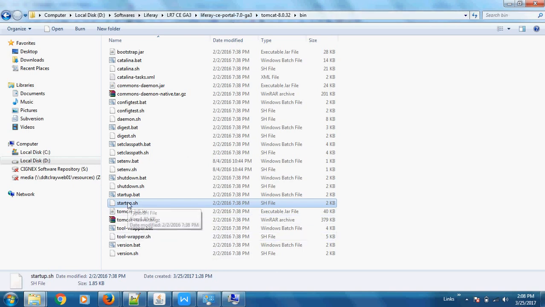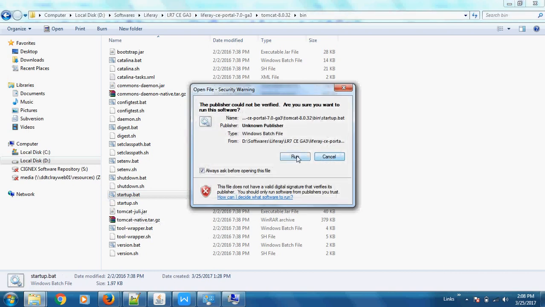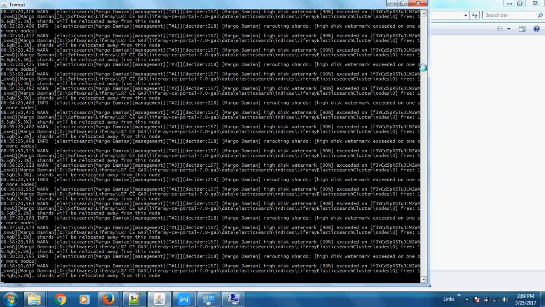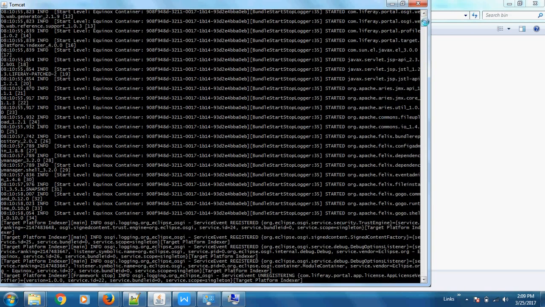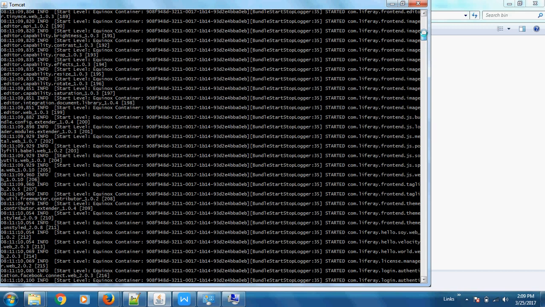When you run the startup.bat file, just click on run, and after that it will start running your Tomcat. Here you can see I have already started it. I'm not running it in front of you because it takes around 5 minutes to start.